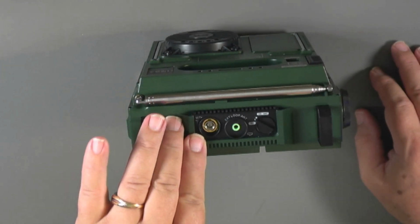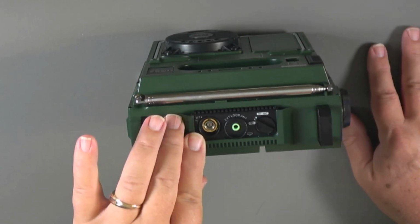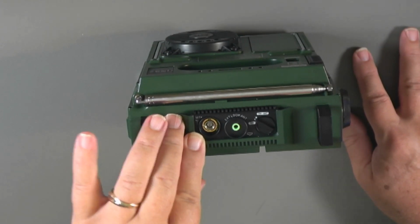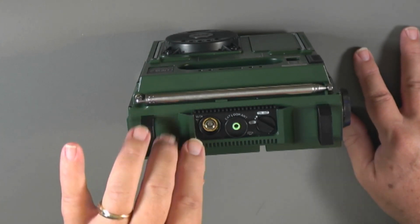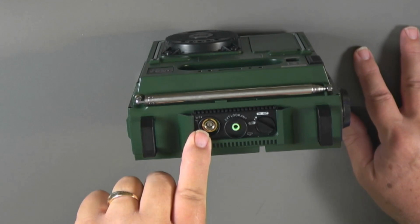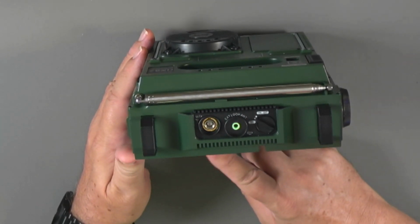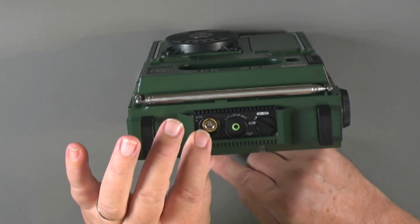Here we've got an SMA male connector, and I find that's really cool because I've got a bunch of UHF handy-talkies, ham and GMRS, and so you can screw in one of their antennas into the top of this. I have like a 16-inch antenna, pop that on, and in the UHF or VHF bands, it really improves the